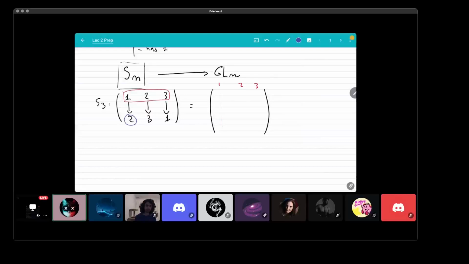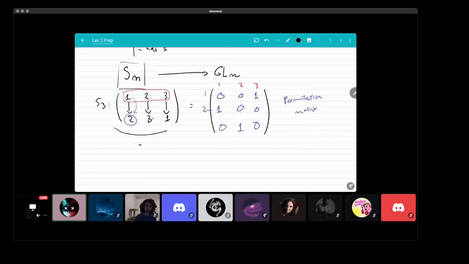So for example, 1 is sent to 2, we're going to put 1 here. 2 is sent to 3, we're going to put 1 here, and 3 to 1, we're going to put 1 here, and 0 everywhere else. And this is called a permutation